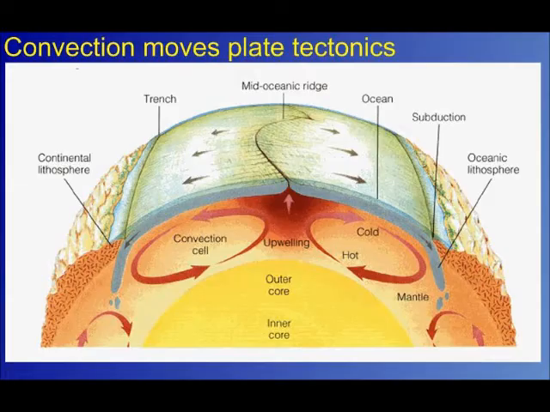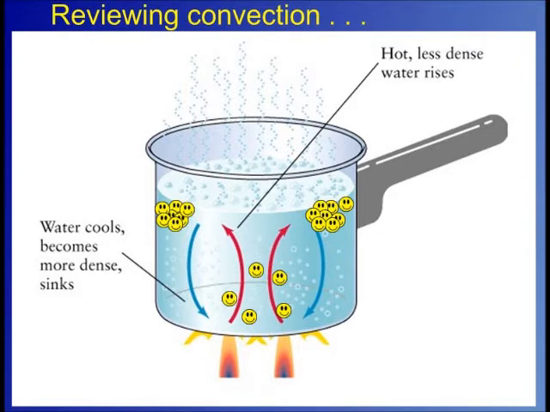We can see here that heat from deep inside the Earth warms up the magma underground, making it less dense, and this causes it to rise. As it rises, it moves away from that heat source, and this causes these circular convection cells. This is not at all unlike what we studied earlier in the year when we looked at how hot water